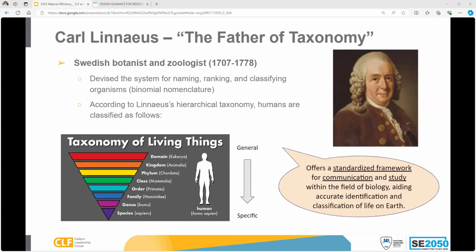So I joke, but this gentleman apparently in the 1700s was a well-known figure who, at the time, there was a lot of confusion about how to talk about the different parts of human things, and so he developed this taxonomy, which basically created a standardized framework for communicating and studying the human body. And so, just like he did in the 1700s, we're sort of in that place when it comes to categorizing